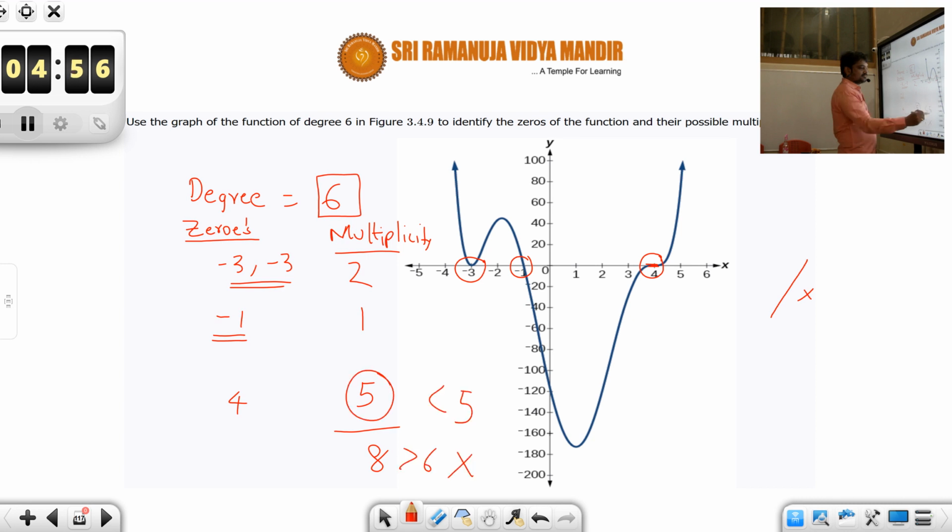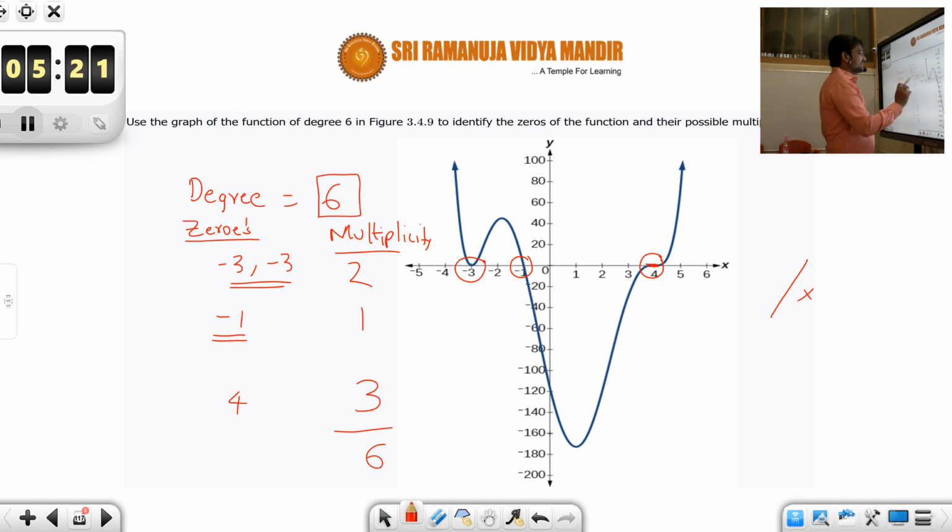By looking at the flattening characteristic we can say that it should be greater than or equal to 3. So the only possibility left for us is 3. The multiplicity should be 3. If the multiplicity is 3, the sum of the multiplicities adds up to 6, and the behavior is also well defined, as we have accepted.